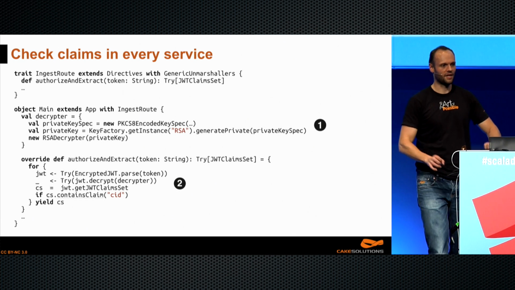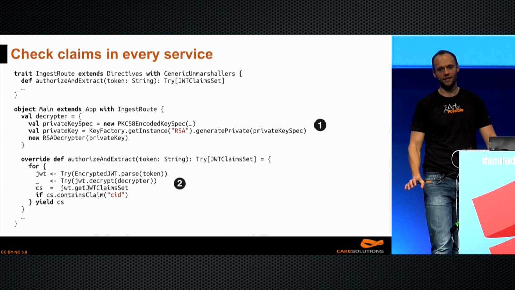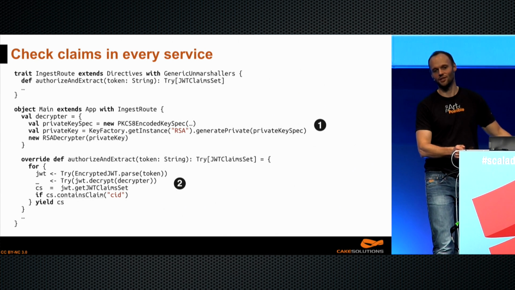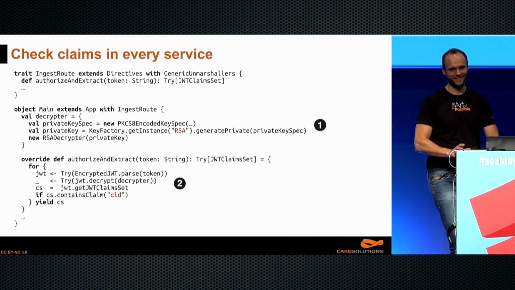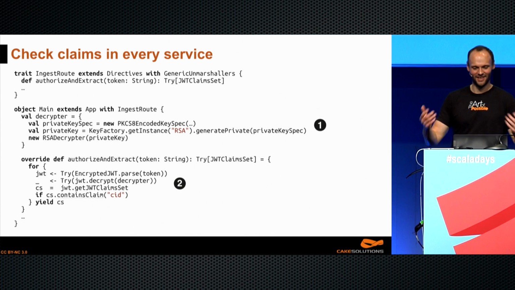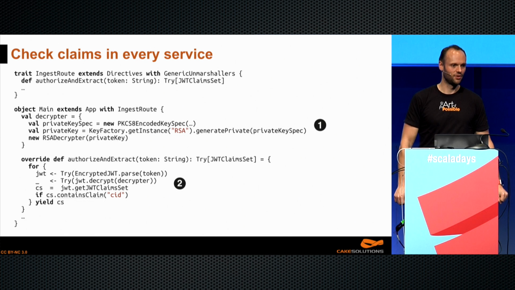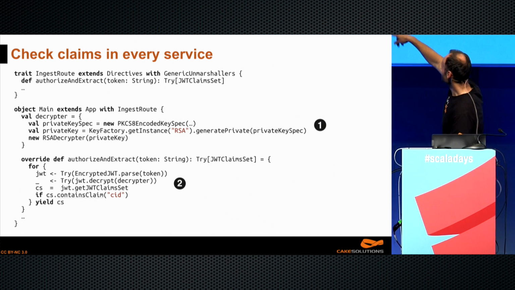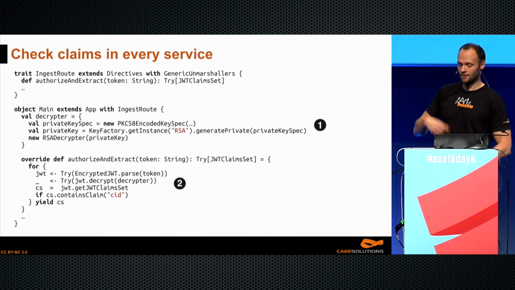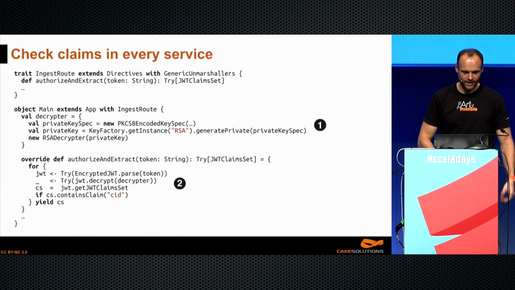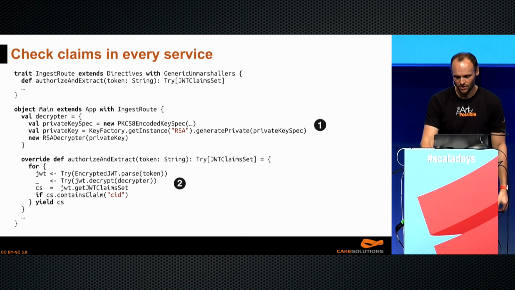Now, you really need to think about good key management. It's a terrible idea to take the key and bake it inside your Docker container that you deploy. That's really not a good idea. So depending on where you're hosting the service, think about where the keys go. But then you check it, right? Point number 1, you get the private key in this case, and in point number 2, you extract it.